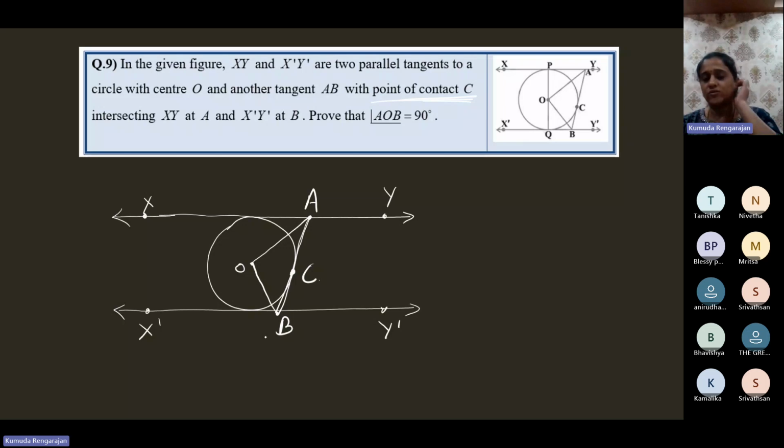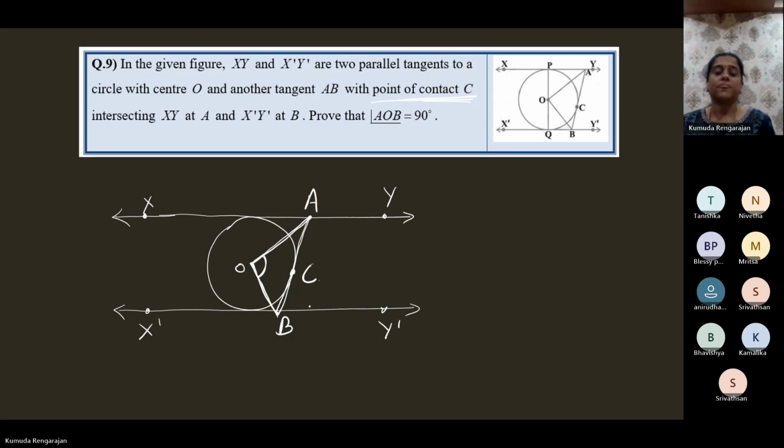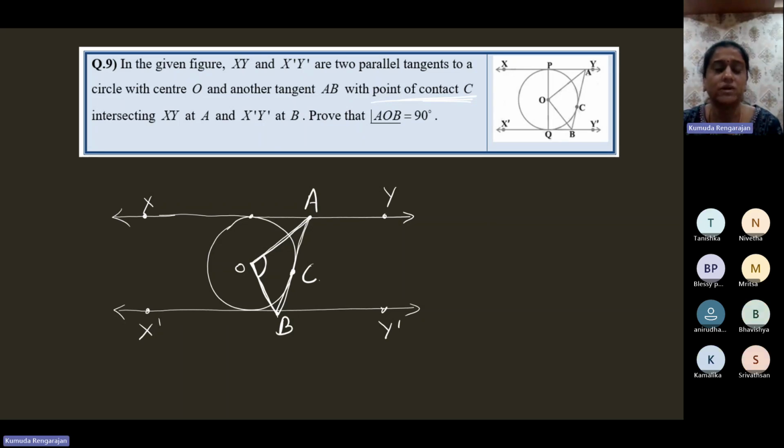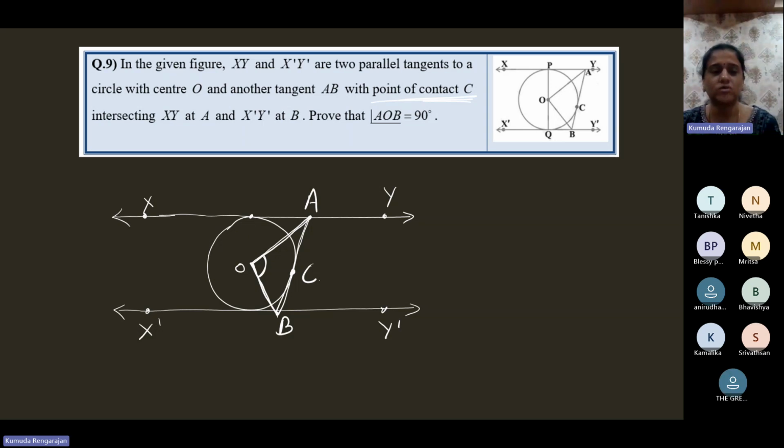You need to join to find the angle. Angle AOB, this angle, is 90 degrees. Again, very simple proof. Now we'll mark off the points of contact of the other two tangents also. We'll call this P as it is called in the figure. I'll call this Q. And there is a result which says that